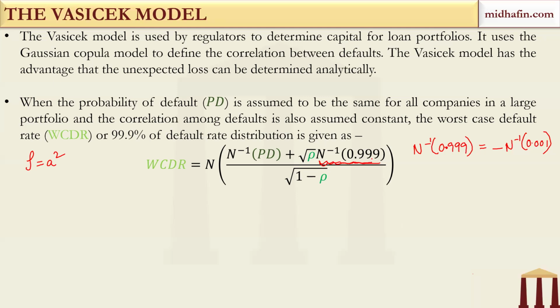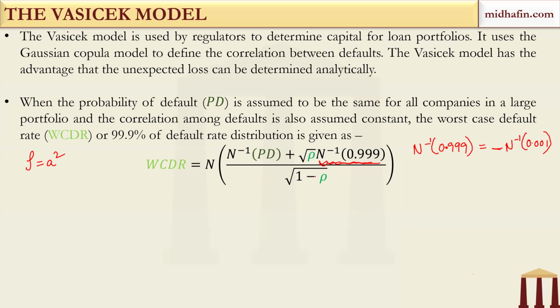Okay, what will happen to f in the worst of the worst cases? That is the 99.9% VaR in terms of f we have taken. How bad can f go at 99.9% confidence? You'll have N inverse of 0.999, negative, basically. In fact, a negative N inverse of 0.0001, because that will be to the left of this. N inverse 0.0001 is the area to the left of